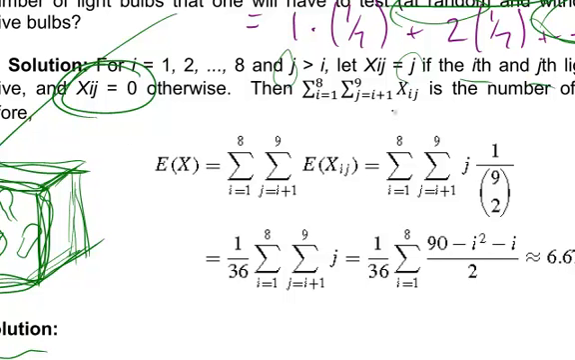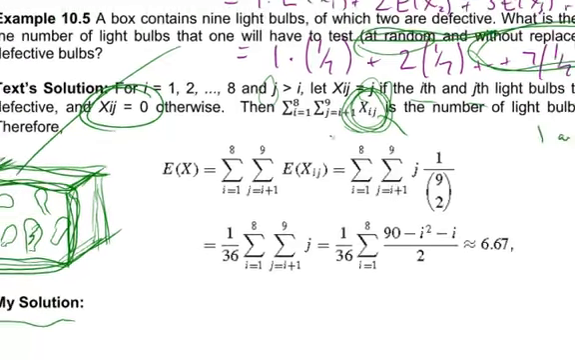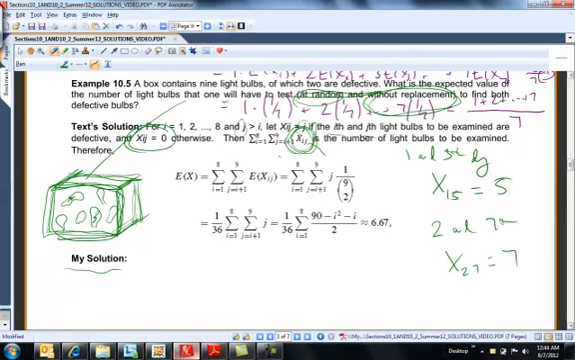So in essence, if you sum up over all the xij's, then this is the number of light bulbs to be examined, because this is either going to take on the value 0, or it's going to take on the value j, where j is where you hit your second defective. So expected value is just the sum of all these expected values. So this is every case we could have. For example,